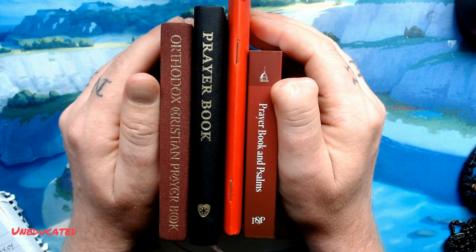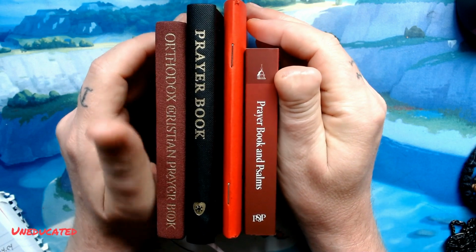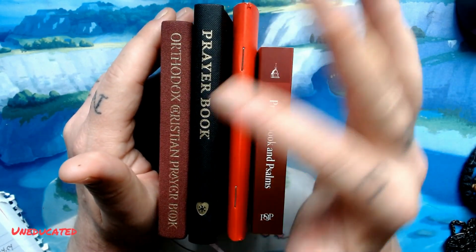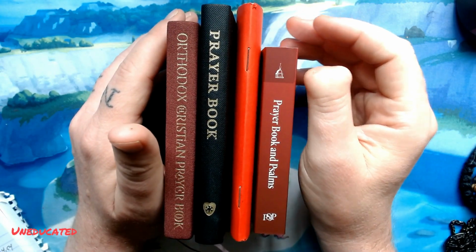As stated in the introduction, we're going to be going through four of the more popular pocket prayer books. And we're going to be comparing what their individual strengths are, what makes them unique, sets them apart, and the overall